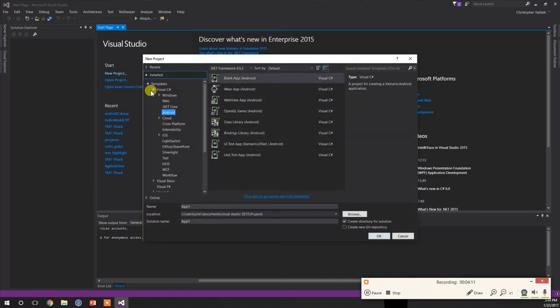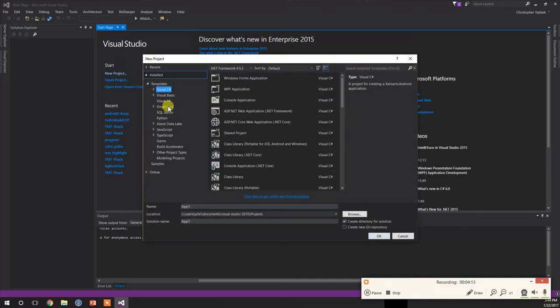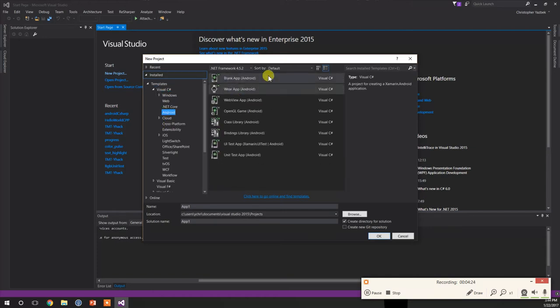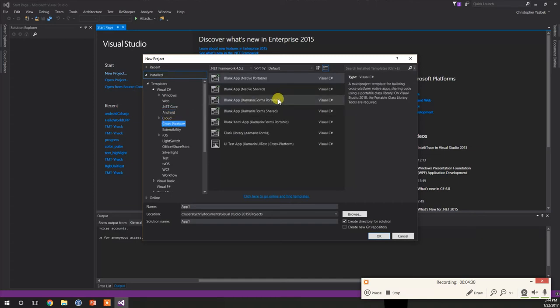So if you notice right here, you have C#, C++, and other tools that you might have chosen when you were downloading Visual Studio's IDE. But I'm going to choose C#, and then here I have a choice between Android, which is going to be with C#, so this is using Xamarin's platform, or if I chose cross-platform, it's going to be something called Forms, which is not the same thing, and this, depending on what you want to do, if you want to build for both platforms or you want to just build for the Android, there's some benefits and some drawbacks depending on